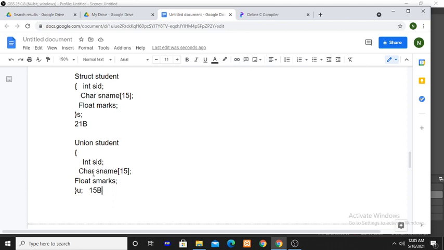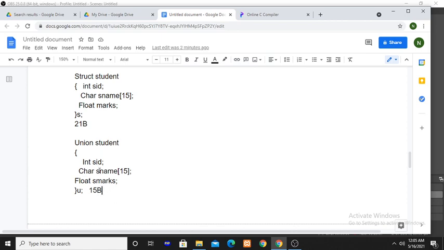It stores only one structure member at a time, but the structure variable holds all the structure members at a time. Here all three variables you can store at a time, but in a union only one member can be stored at a time. You can't store all the members at a time. Why?